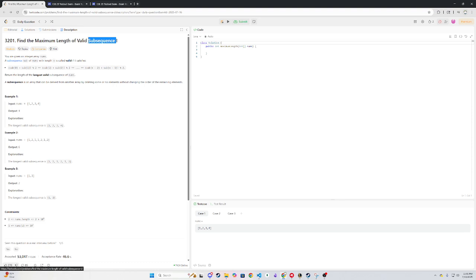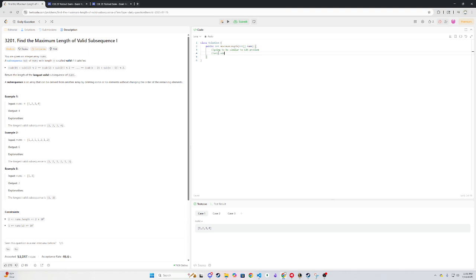So because it is subsequences, I want to say DP. And it is the maximum length, so this is basically going to be similar to the longest increasing subsequence problem. Except instead of checking if an element is greater than, I think what we need to do is check, well, for this to be the same, we have either odd or even parity. So we need to check for when it's only